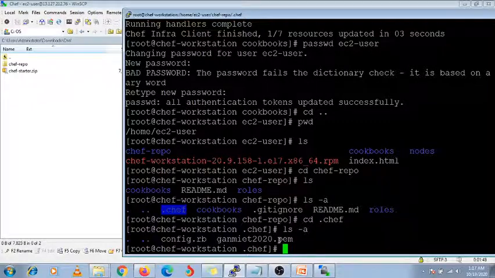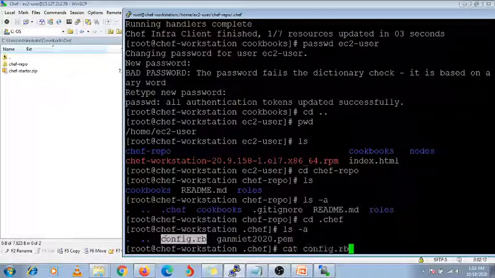That is a .pem file, that is your private key which I have copied, and this is my gunmit2011.pem. This file is created from your Chef server, and this is my config.rb. So one Ruby file is already available, that is my config file.